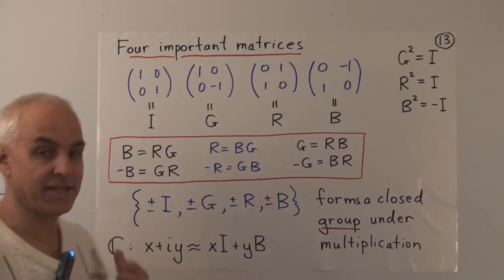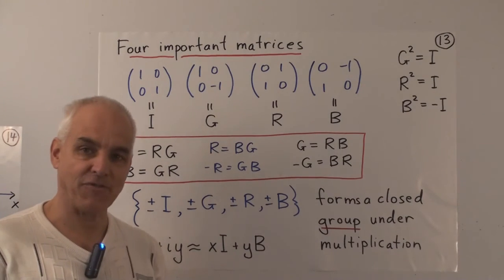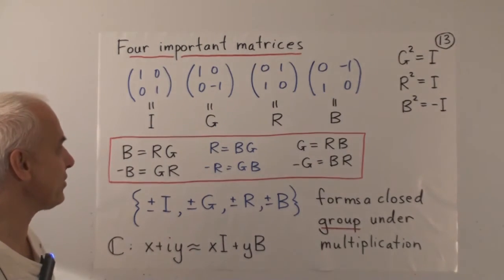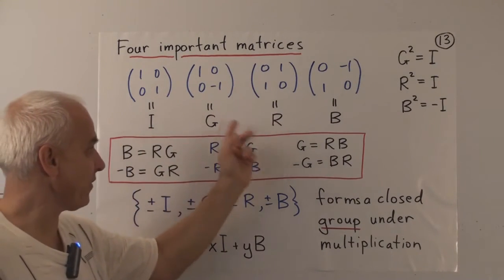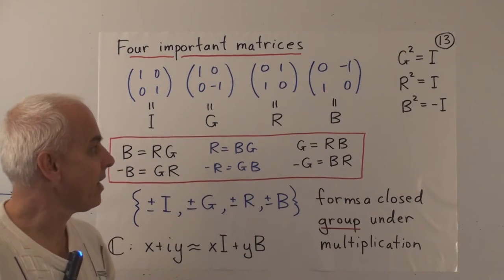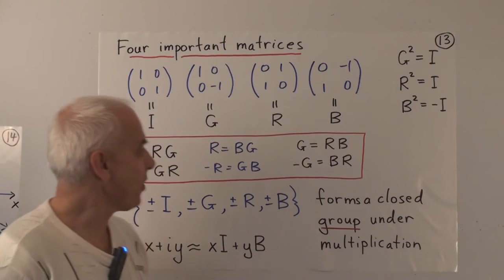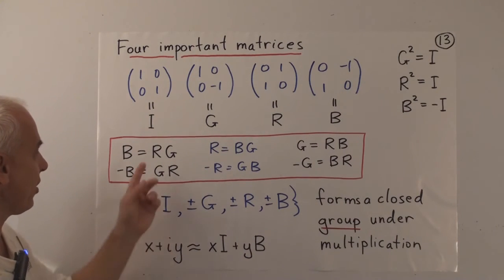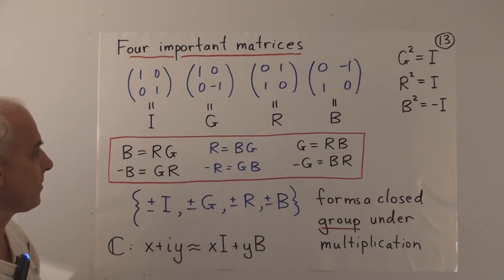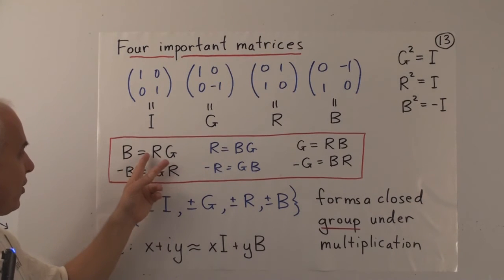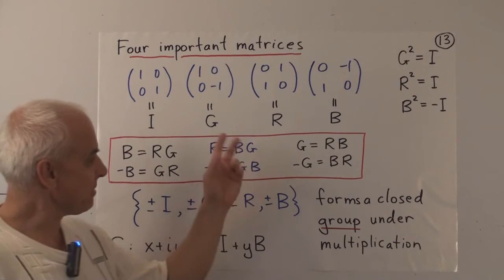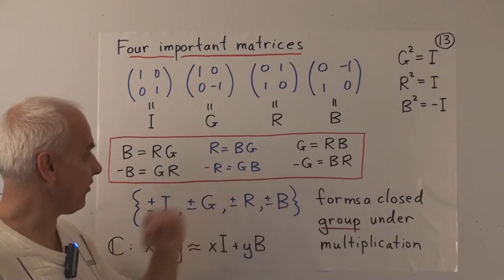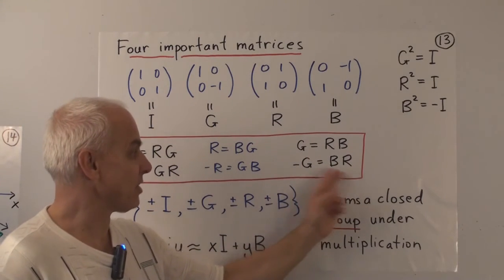Then it's a very interesting and pleasant exercise to write out all the possible ways of multiplying 2 of these 4 matrices. The way the identity multiplies with any one is already clear. The identity times R, for example, has to be R because I is the identity. But if we multiply any two of these, we get interesting relations. For example, R times G is B. But G times R is minus B. That's an example of when you multiply matrices in different order, you get different outputs. But sort of symmetrically, B times G is R, and G times B is minus R, and R times B is G, and B times R is minus G.